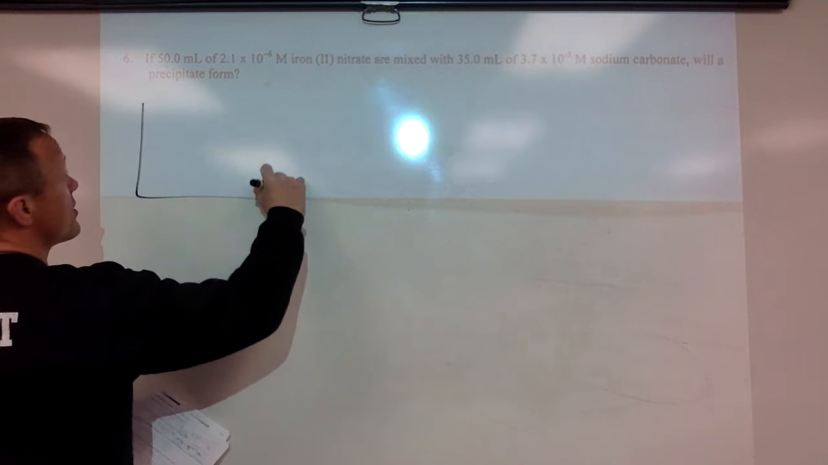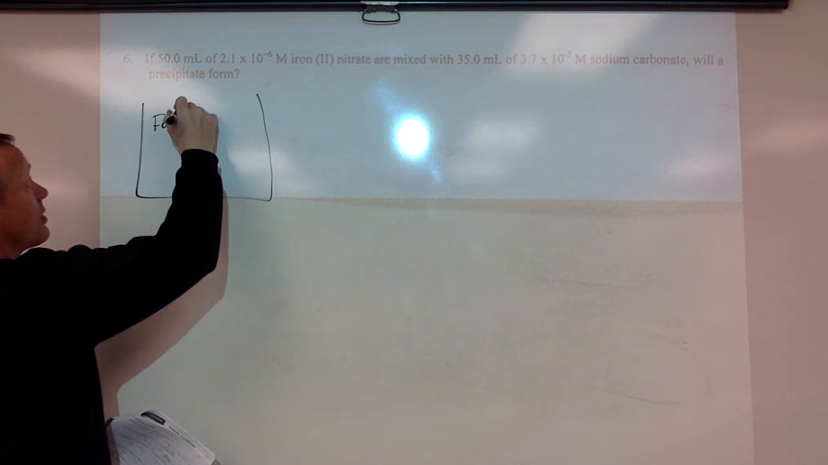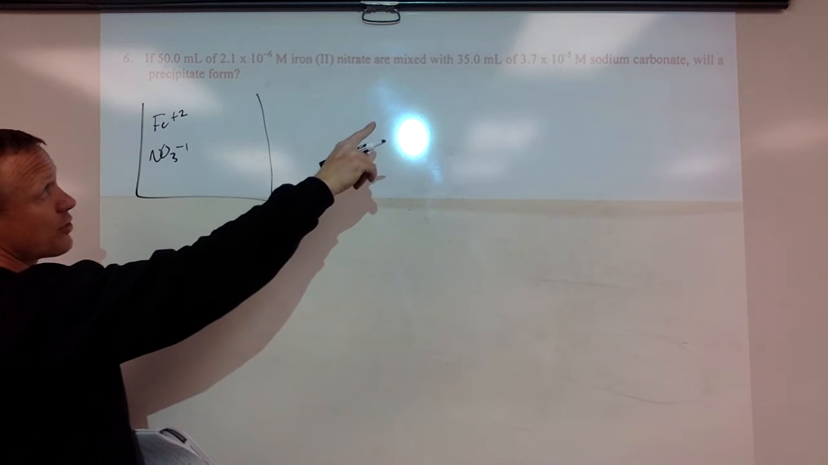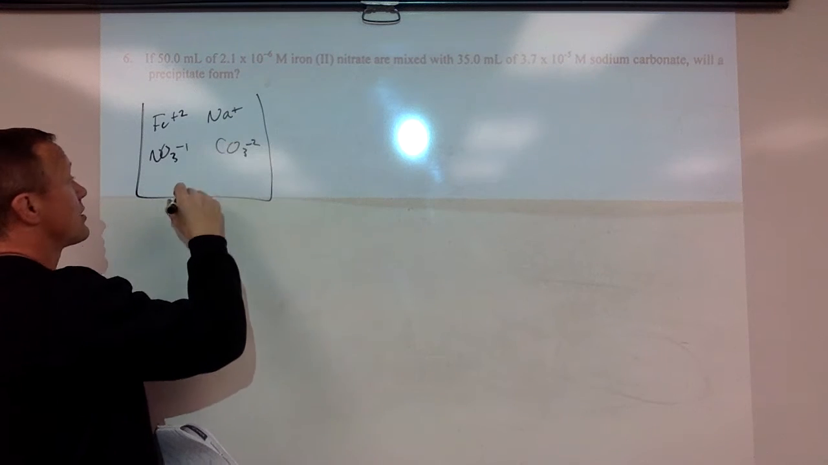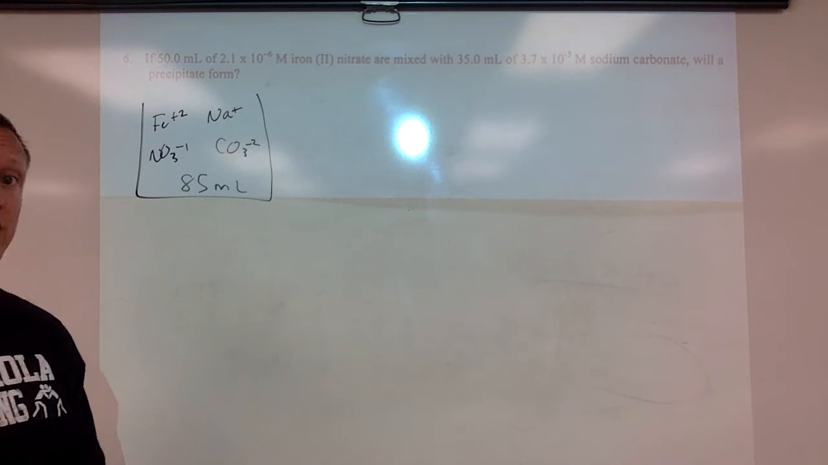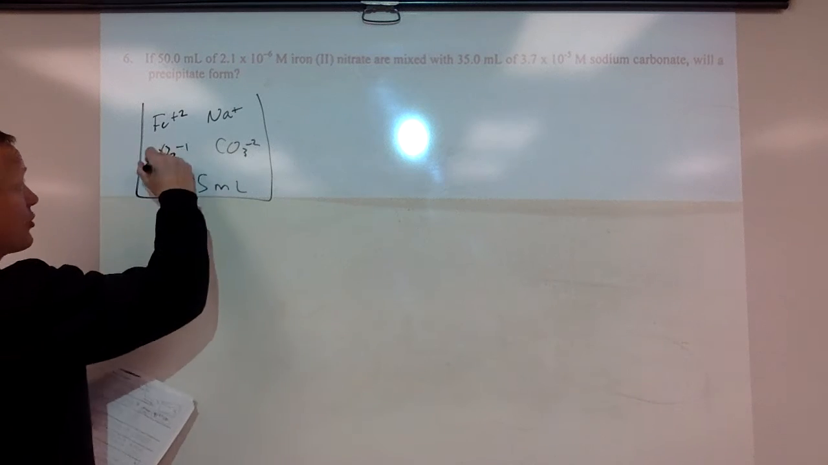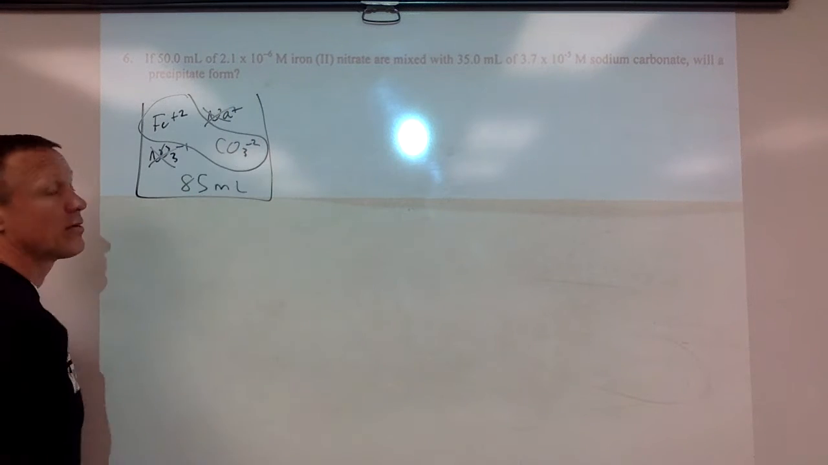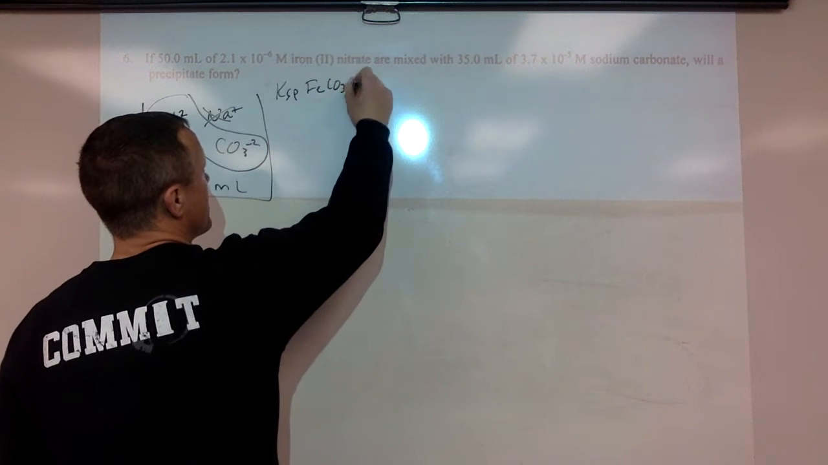So if we say we have this beaker here, we've got 50 milliliters of iron nitrate, so that means we've got some iron ions and some nitrate ions. 35 milliliters of that molarity sodium carbonate, so we've got some sodium ions and some carbonate ions. And together now, 50 milliliters and 35 milliliters, they're in 85 milliliters of solution, which will make a difference in the concentration of them. Well, nitrate and sodium never form precipitates, so nitrate and sodium are always soluble. Iron carbonate can be a precipitate, and the Ksp of iron carbonate is,